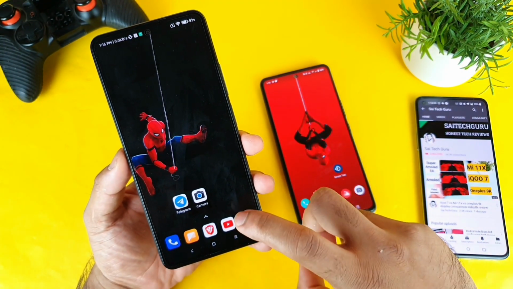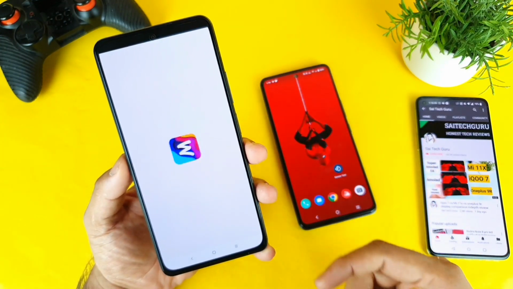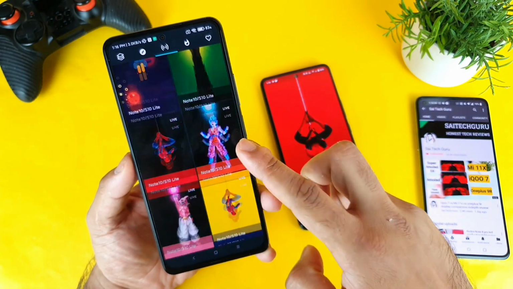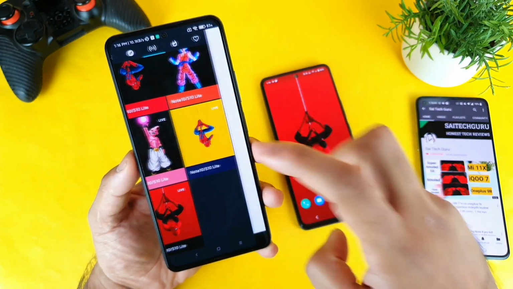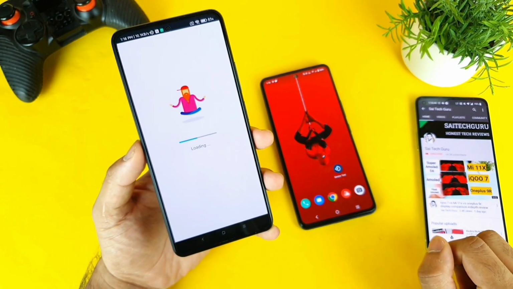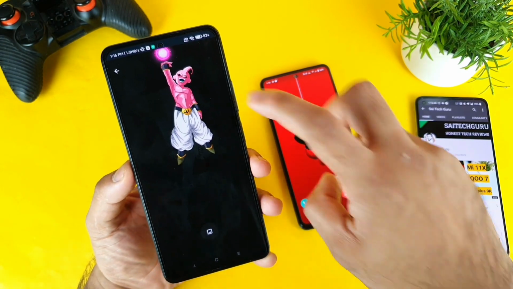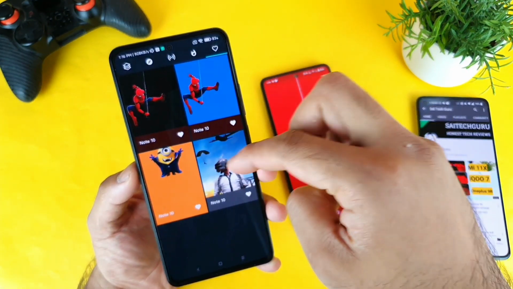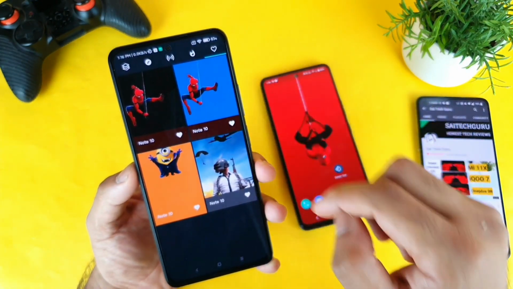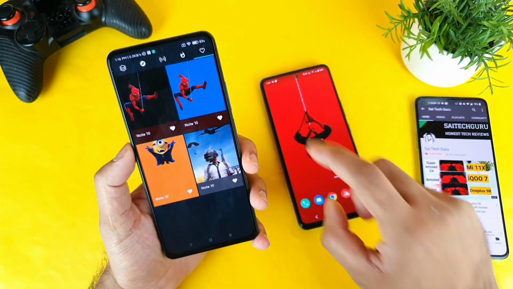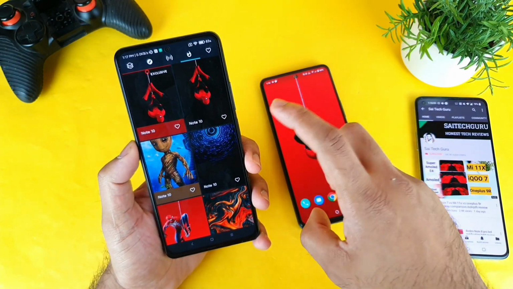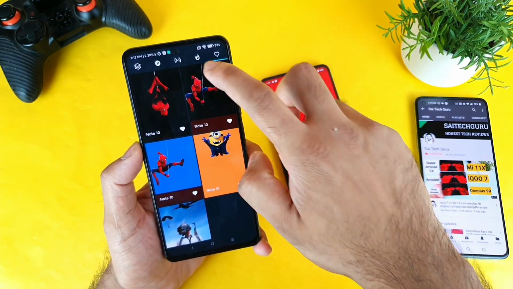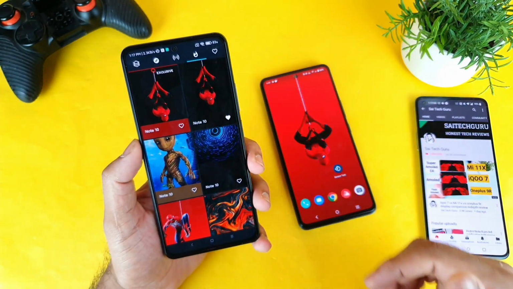It's really good. Let me open and show you a few more of the live wallpapers available in this application. There are a few live wallpapers which I particularly like. The Spider-Man I like, and this cartoon one also, you can see, friends, a live wallpaper which is going on the top. Once you add all your favorite wallpapers, check in these favorites and you'll get all the details. This is how I do it, friends. Every time I like a wallpaper, I click on favorite and everything is stored here. Instead of searching every time, this is the easiest way to do it.